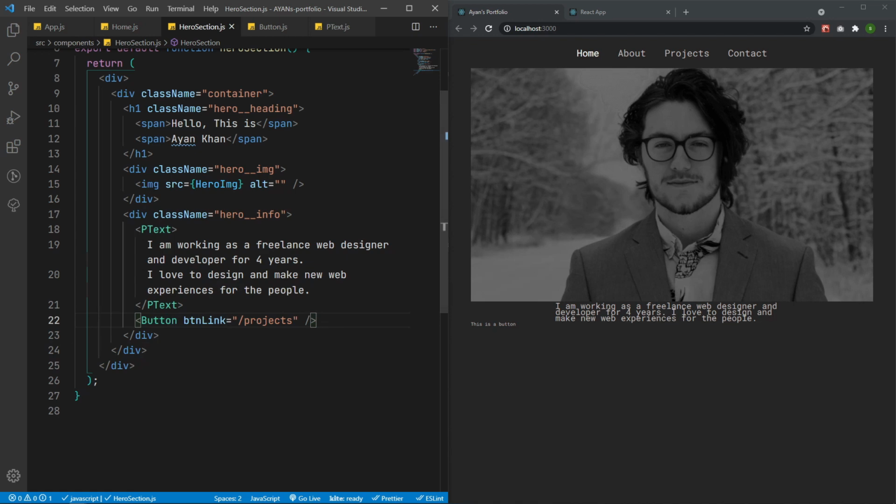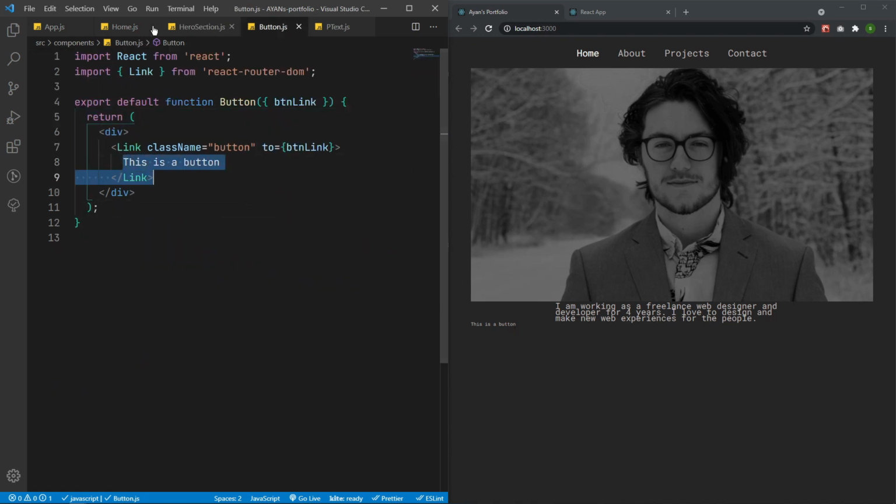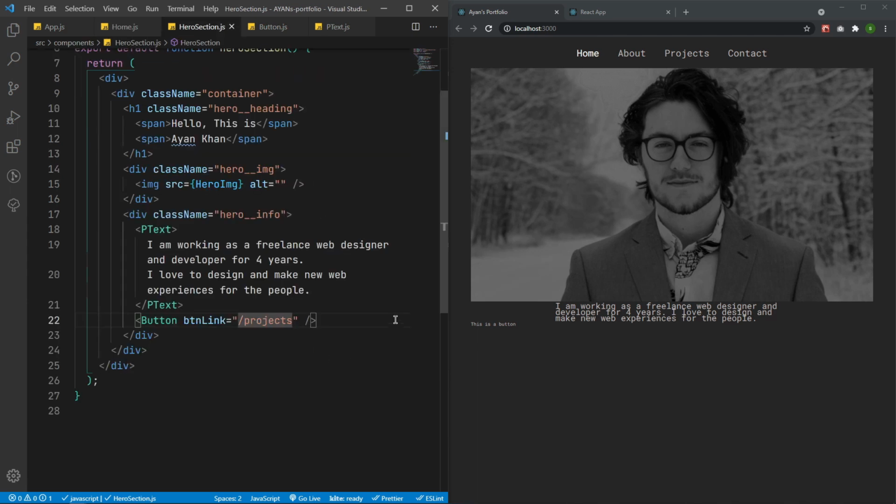So in a similar way, we can also pass the text. Instead of having this text, I will send the text from my hero section. So let's send the text from here. What can we name it? We can name it btnText, and let's say "see my works",